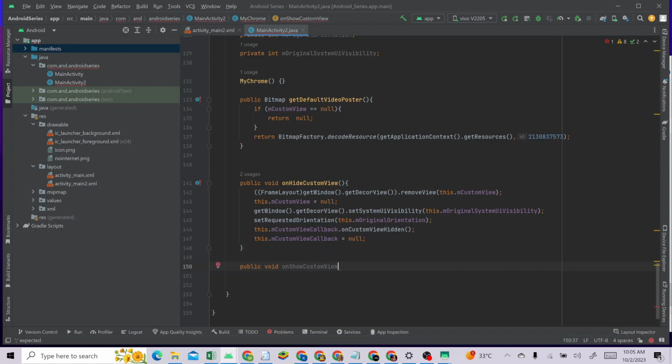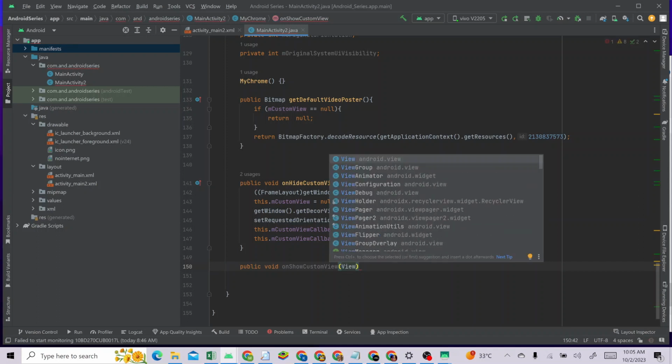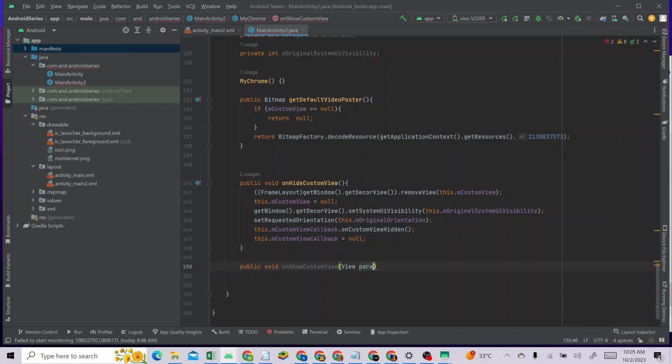The other one was on hide custom view, this one on show custom view. Into bracket we say View param view, comma